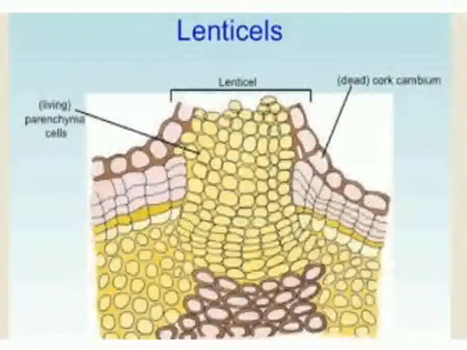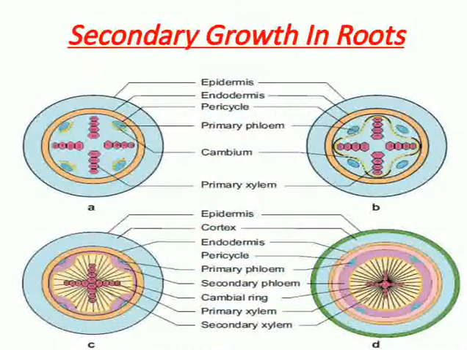The internal tissue of the stem gets a little exposed, and this occurs in most of the woody trees. These structures are formed. Now this is the secondary growth of the stem. Secondary growth may take place in the root also, which occurs like this. Now we will be discussing how it takes place in the roots.